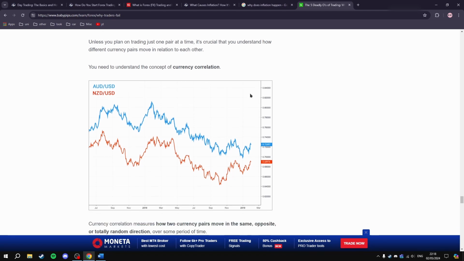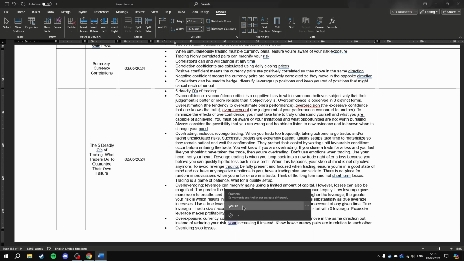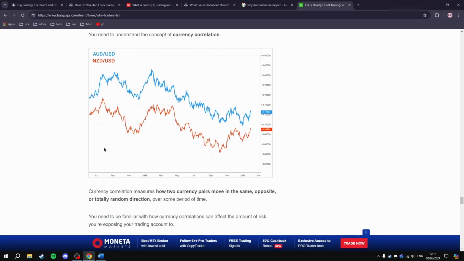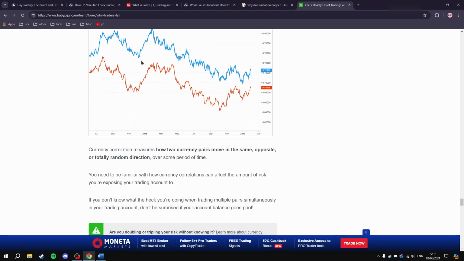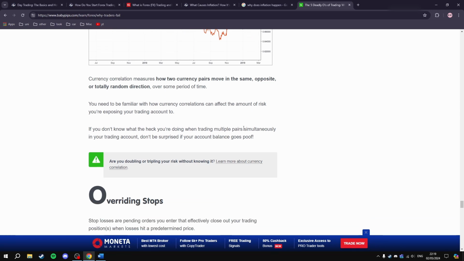Unless you plan on trading just one pair at a time, it's crucial that you understand how different currency pairs move in relation to each other. Know how currency pairs are in relation to each other. You need to understand the concept of currency correlation. Currency correlation measures how two currency pairs move in the same, opposite, or totally random direction over some period of time. You need to be familiar with how currency correlations can affect the amount of risk you're exposing your trading